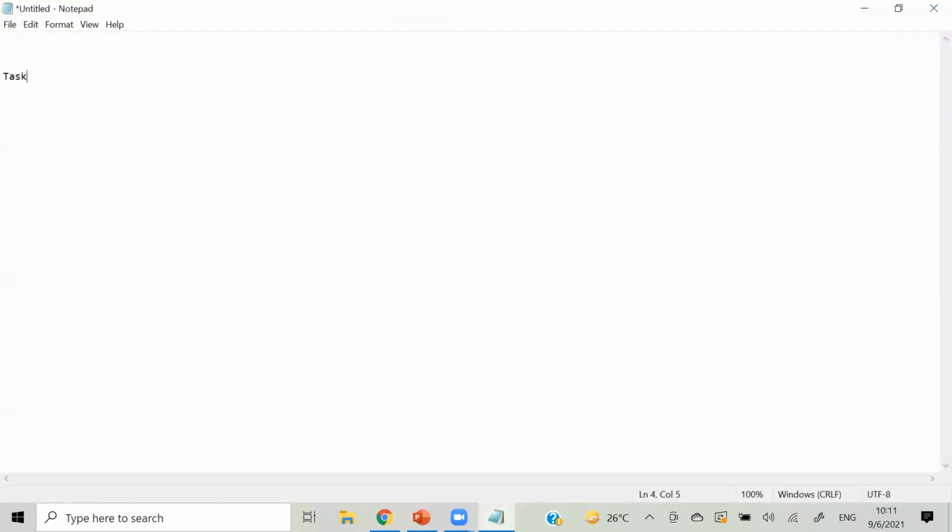One is Task, which is the parent table of incident, problem, and change. This will be your interview question for freshers: what is the base table? The base table for incident, problem, and change is the task table.